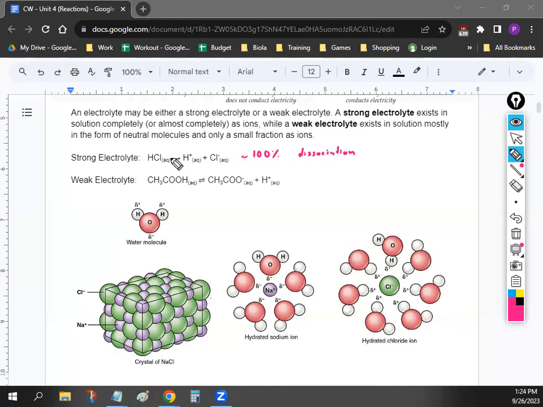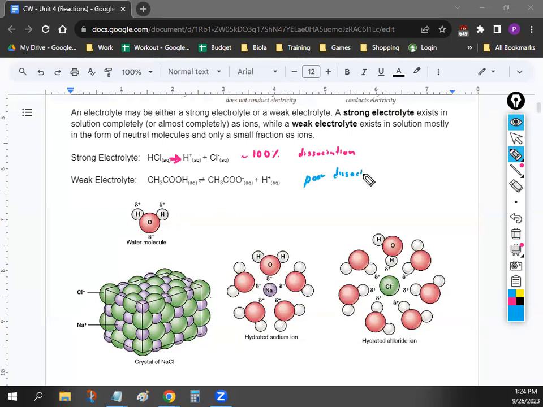Okay, and so if you guys notice right here, it's signified with an arrow sign that goes only one way, okay, because almost every single one of the molecules break apart. Okay, make sense? Okay. The other is called a weak electrolyte, and weak electrolytes have poor dissociation, which means